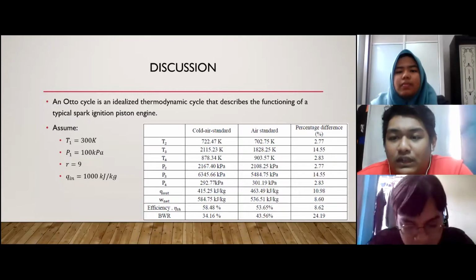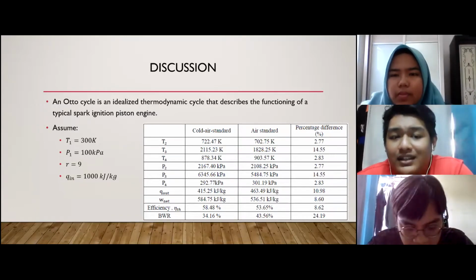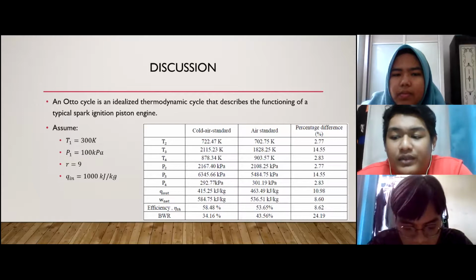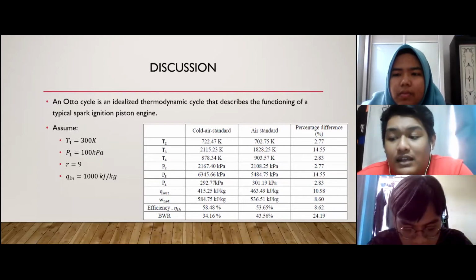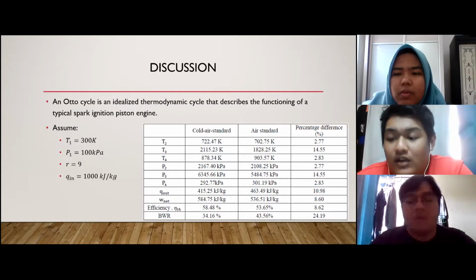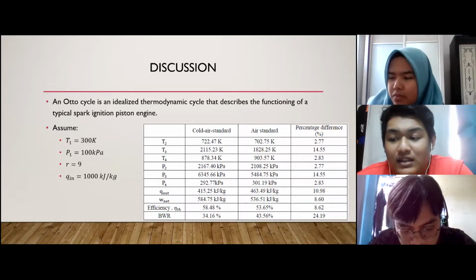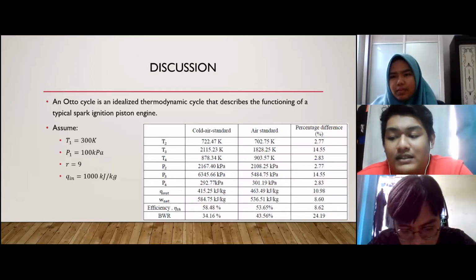So we chose the Otto cycle for this assignment. The Otto cycle is an analyzed thermodynamic cycle that describes the functioning of a typical spark ignition piston engine. It is the most common thermodynamic cycle found in automotive engines. The Otto cycle is a set of processes used by spark ignition internal combustion engines. This engine will engage a mixture of fuel and air, compress it, cause it to react, and then expand the combustion product. And the last one is it will reject the combustion product and replace it with a new charge